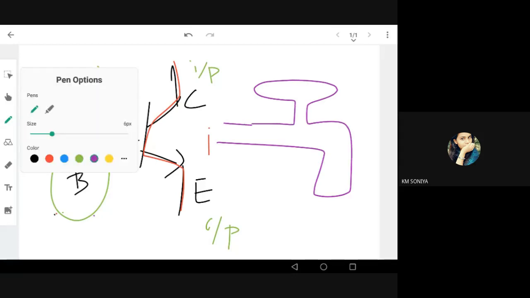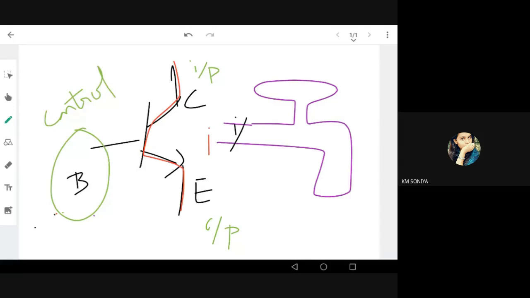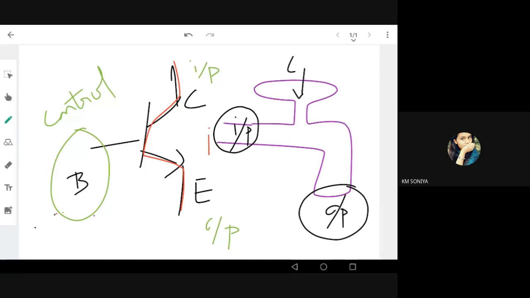Here there is an input where water flow is coming from our tank. There is an output where water is getting collected. Now there is a control terminal, where we make the adjustment of how much water flow is required, right? So this is the control terminal in this analogy, the base which you have studied.